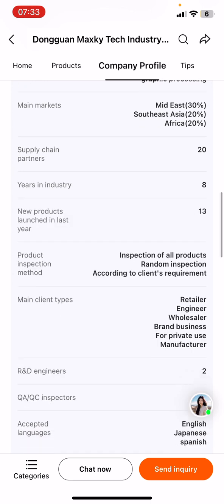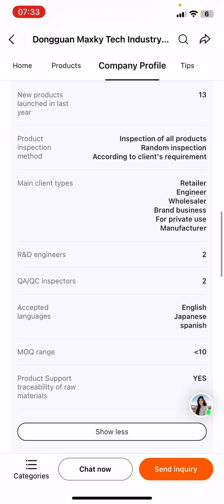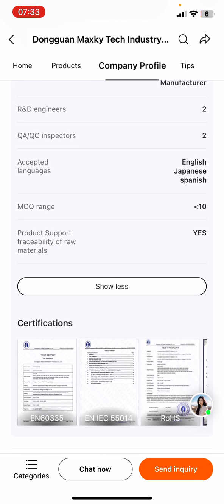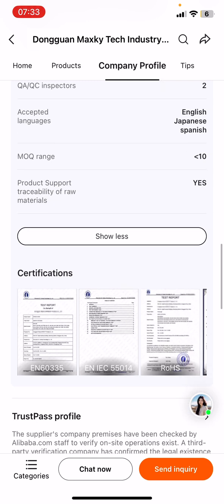If you need to see more, some of the products that they have, the languages that they communicate with, the minimum order quantity for most of the products is 10. So for most of them, maybe they sell mostly in bulk. Product support, traceability, so it means you can also get things like their raw materials, supplies, and support parts